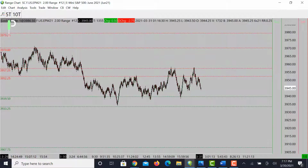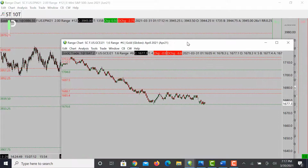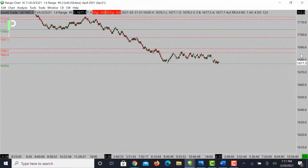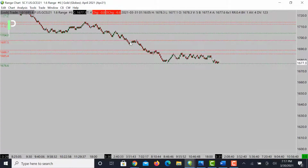Let's take a look at gold here real quickly. For gold, I'm going to give you guys more of just the bigger levels for today. Gold did start to fall off pretty significantly. A level of resistance 1713.9 to about 1712, and we started to fall. Nice one to two touches, started to fall deeper, and you can see we're holding resistance